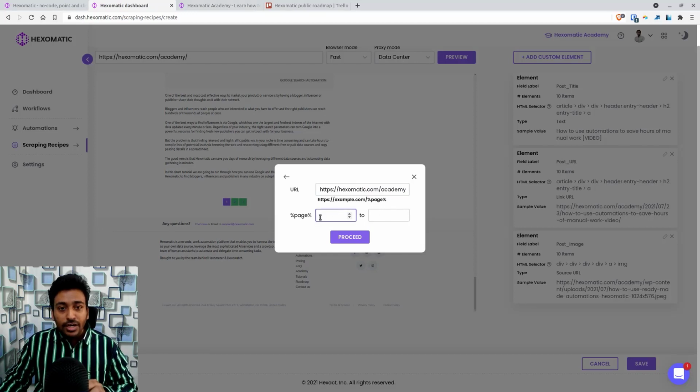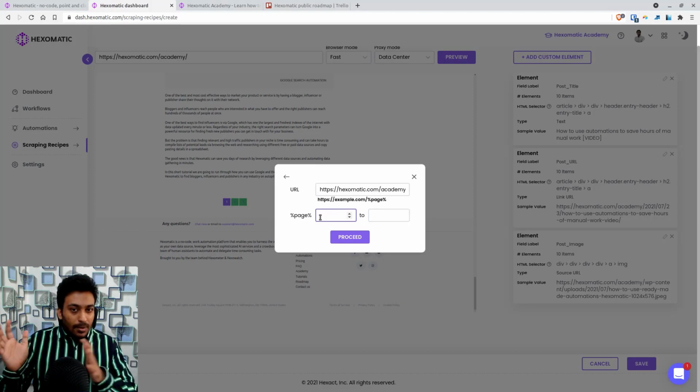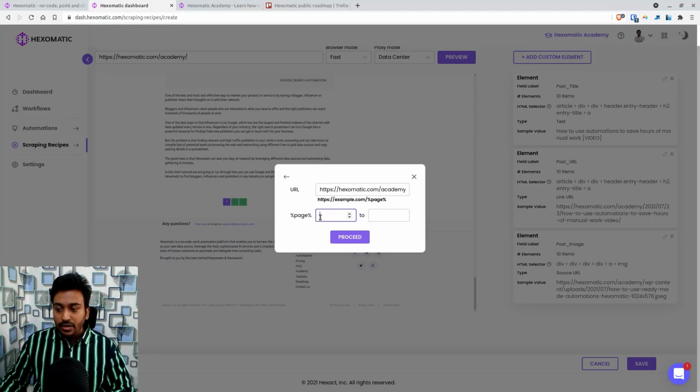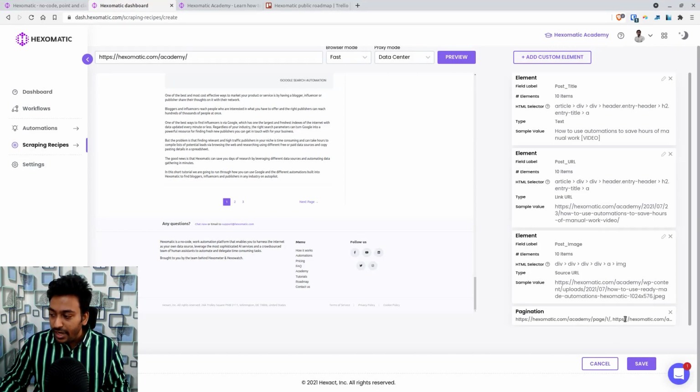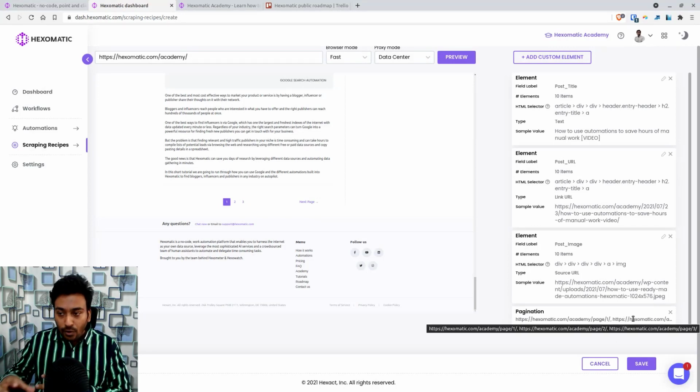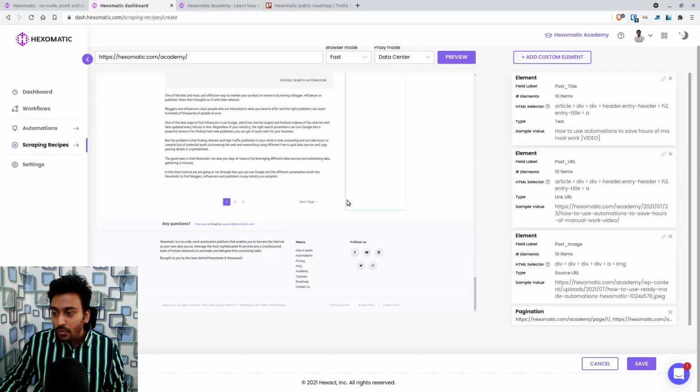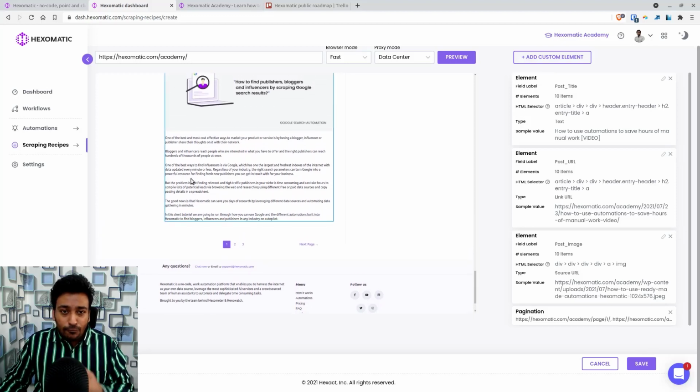And here I can mention the values for that particular variable. For example, I want to scrape anywhere from 1, and in this case just 3. Even if I had 50 pages, I can just put 50 here, but I'm just going to put 3, and I can create the pagination from here, and you can see it has automatically identified all the different pagination. So that is how it works. There is no one universal way. The elements or the data you select will differ for each of the websites, so it's mainly test and see which works for you.